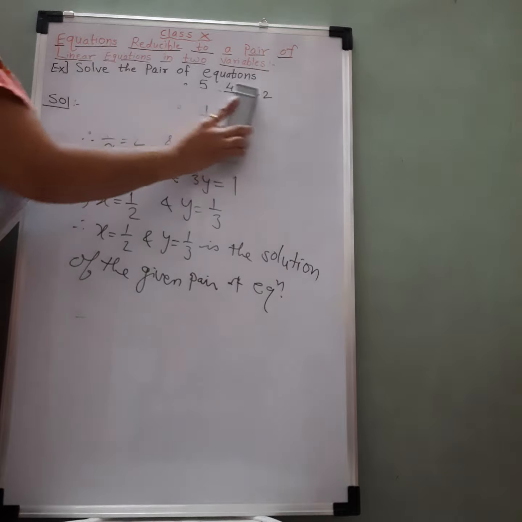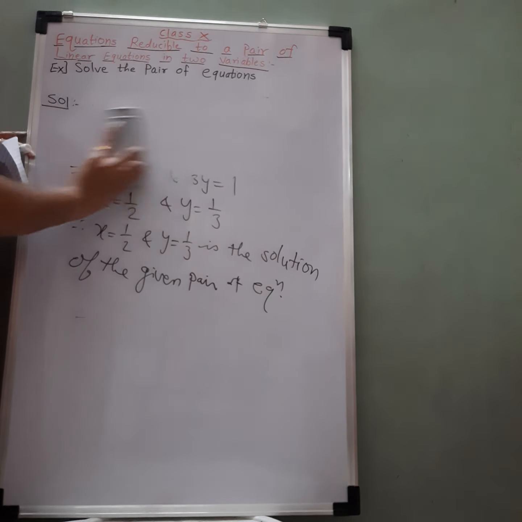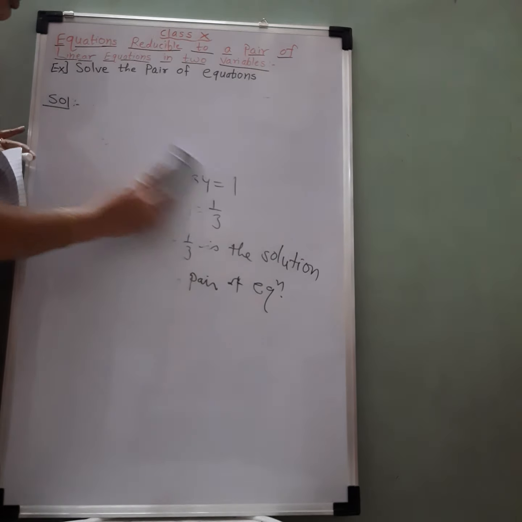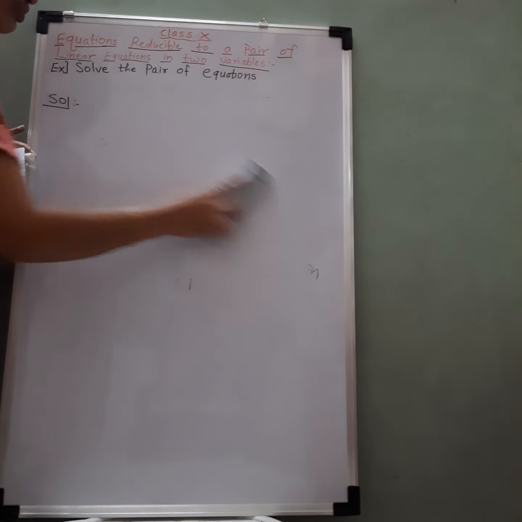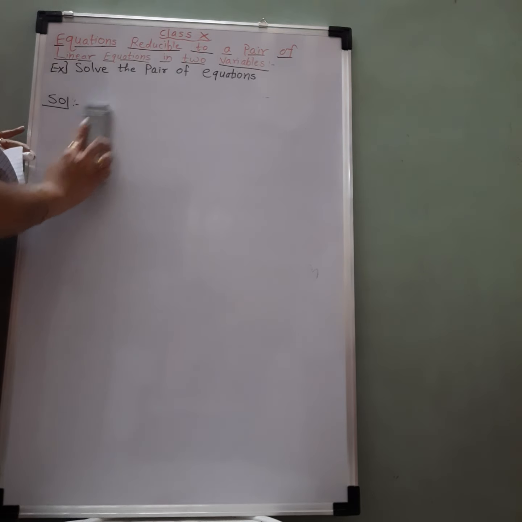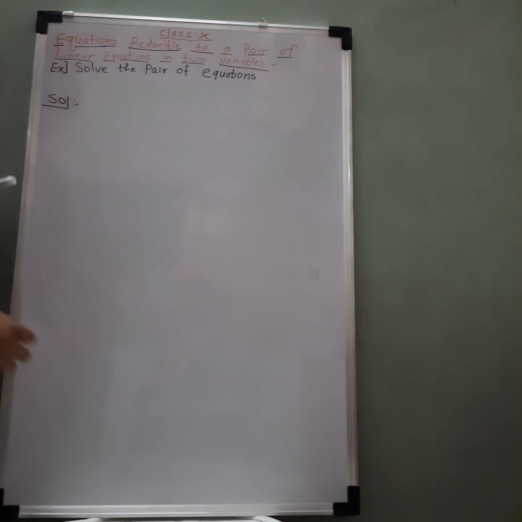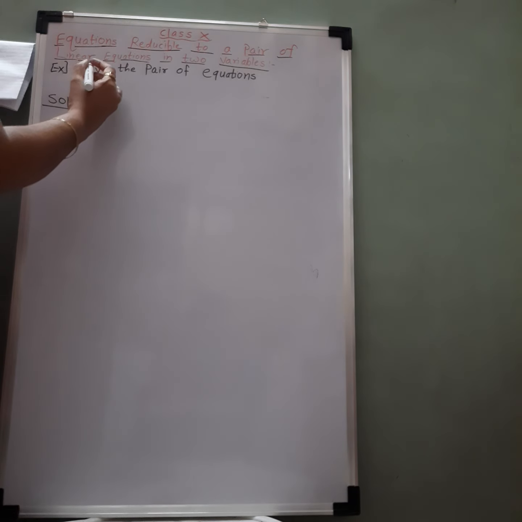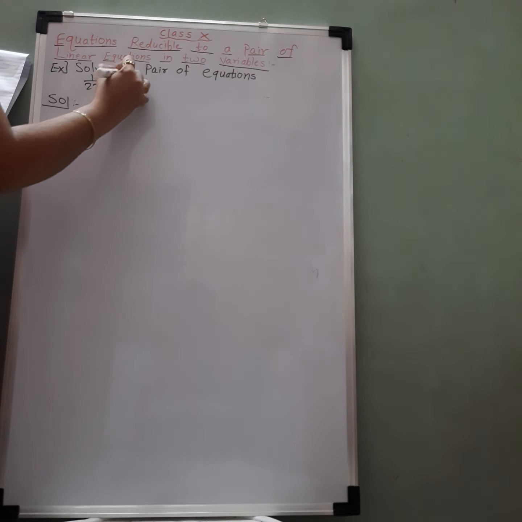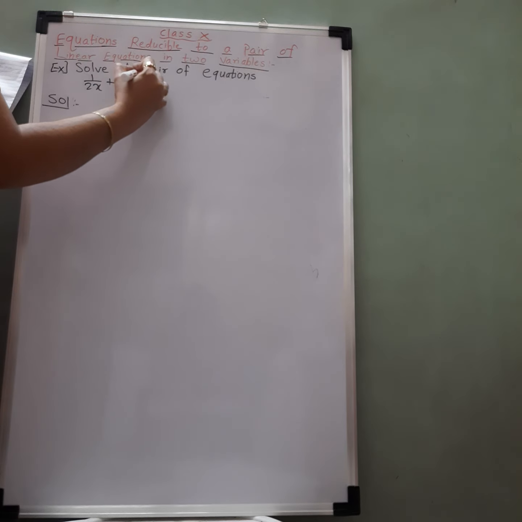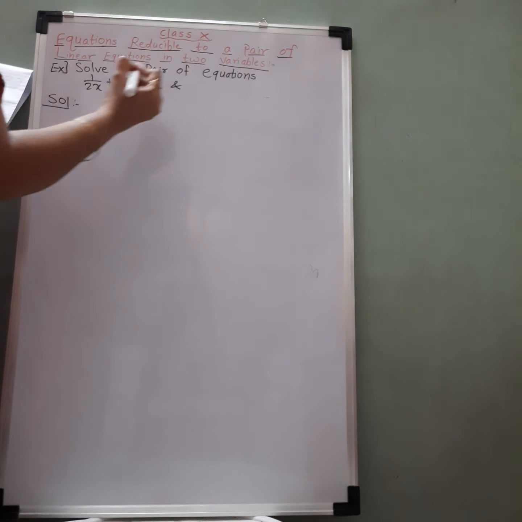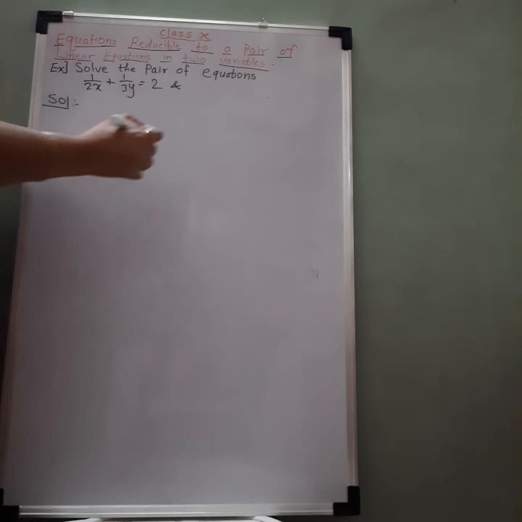Now the next question is, solve 1 upon 2x plus 1 upon 3y is equal to 2 and 1 upon 3x